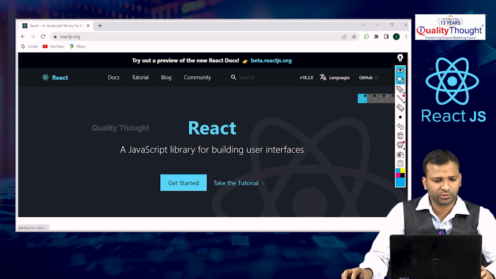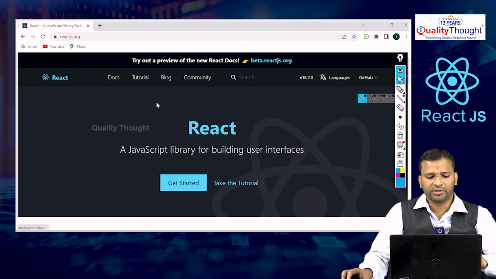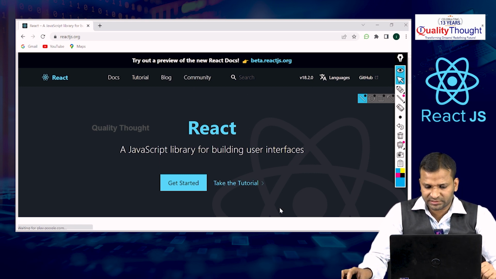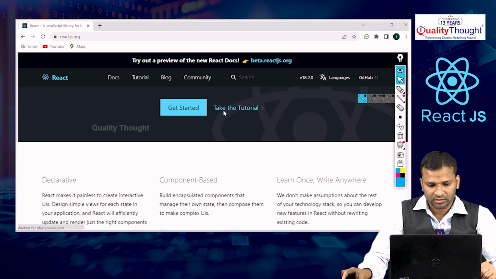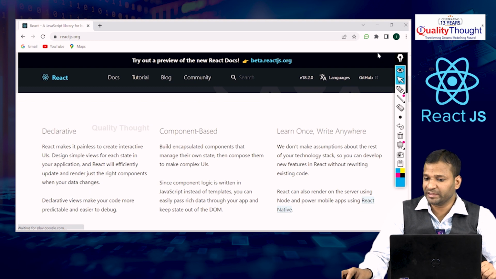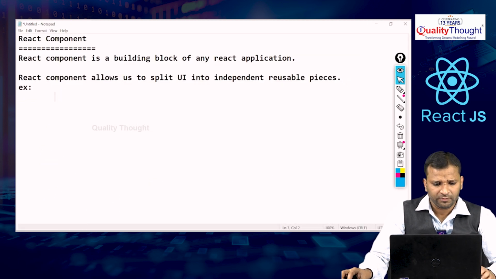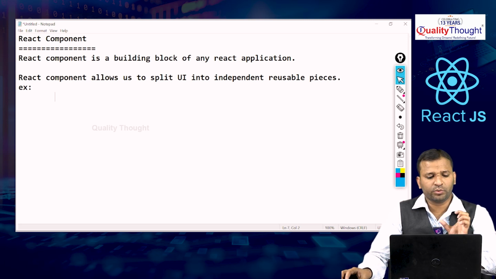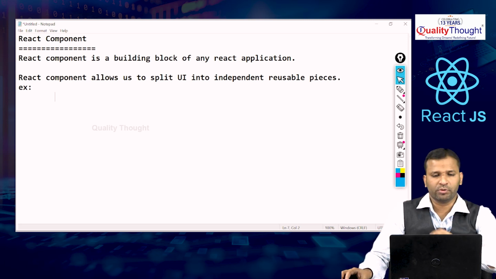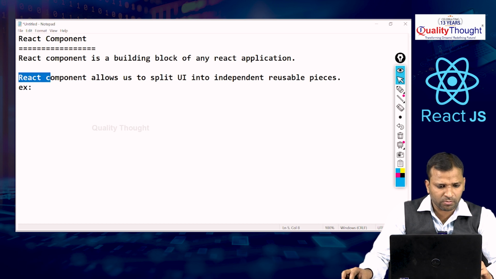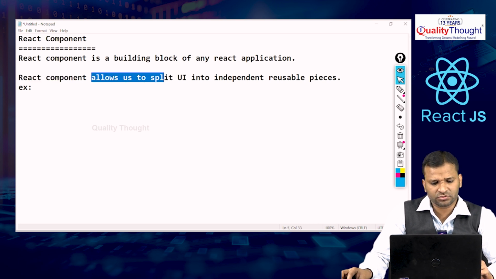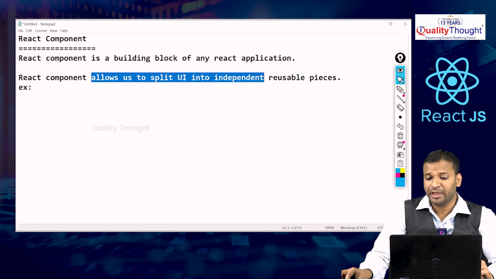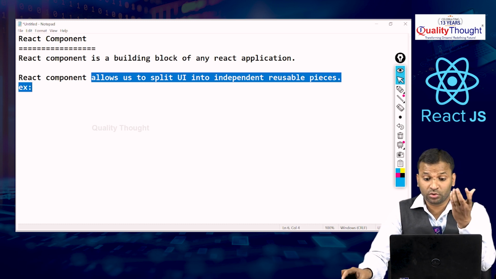So what we need to do? We need to create a header component. Then I want to create this section, I need to go for Section 1. Then we need to go for Section 2, like this. Means for every UI, user interface, what we are doing is nothing but creating a component. So that's why I'm telling you, React components allow us to split UI into independent reusable pieces,